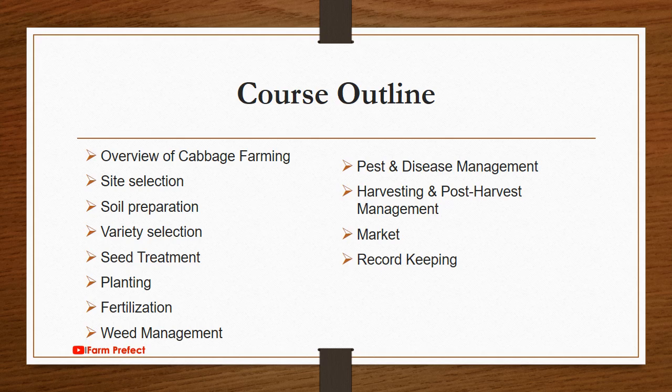Then we'll also look at planting, and we will look at fertilization, weed management, pest and disease management, harvesting and post-harvest management, marketing, and then record keeping. And we will also look at revenue estimation. Yes, we'll look at your potential revenue that you could generate from an acre of